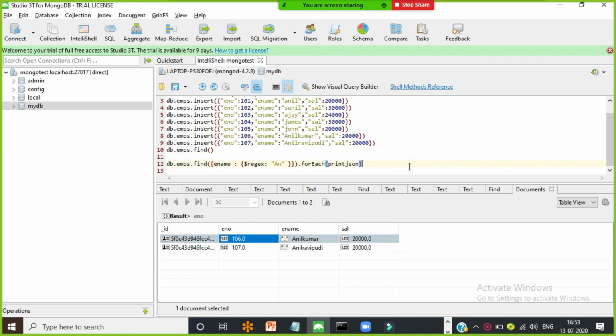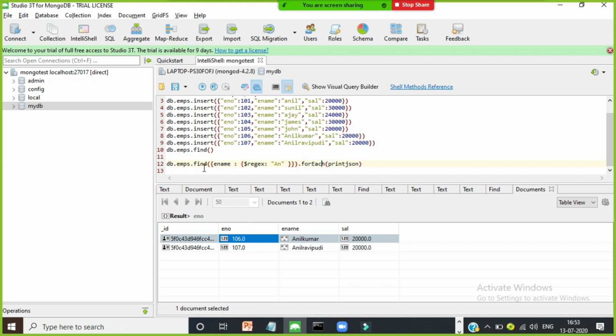Generally in normal SQL, we will try to use the LIKE operator. In a normal relational database management system like SQL Server and Oracle, to search the data based on specific patterns, they use the LIKE operator, but MongoDB supports regular expressions. The main advantage of regular expressions is to search the data based on the characters. Yes or no?